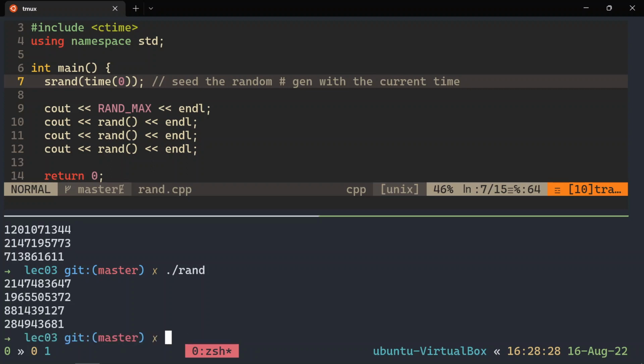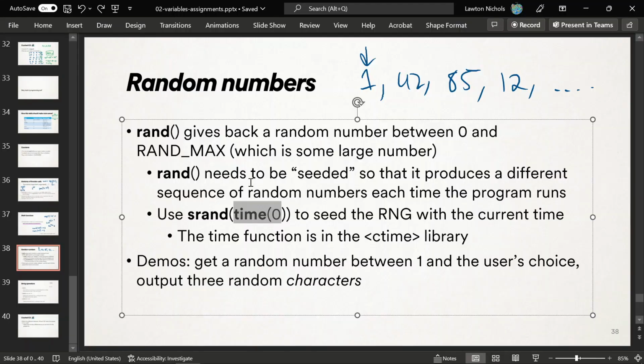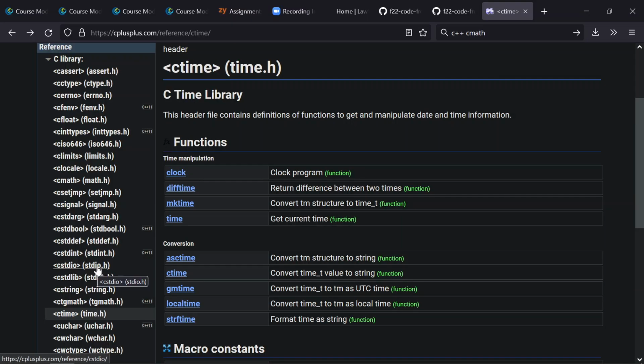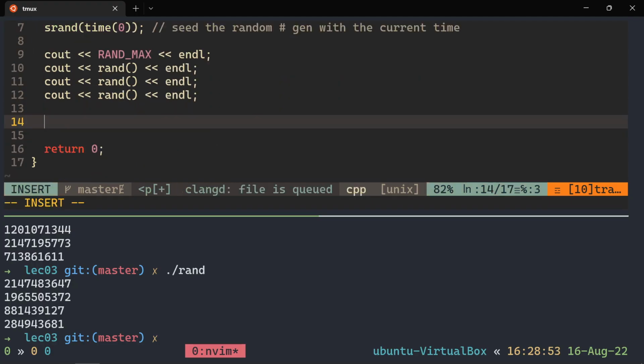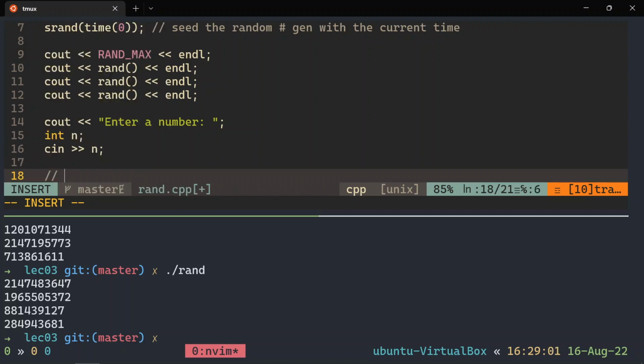If you're not yet convinced why I'm spending so much time on this, randomness is the basis of everything. If you want to write a game that's different every time you play it, you need randomness. There's a lot of ideas there. So yeah, let me give you some demos now. Let's ask the user for a number, and let's give back a random number between 1 and the user's choice. Ask the user for a number, like, hey user, enter a number, int n, get it,